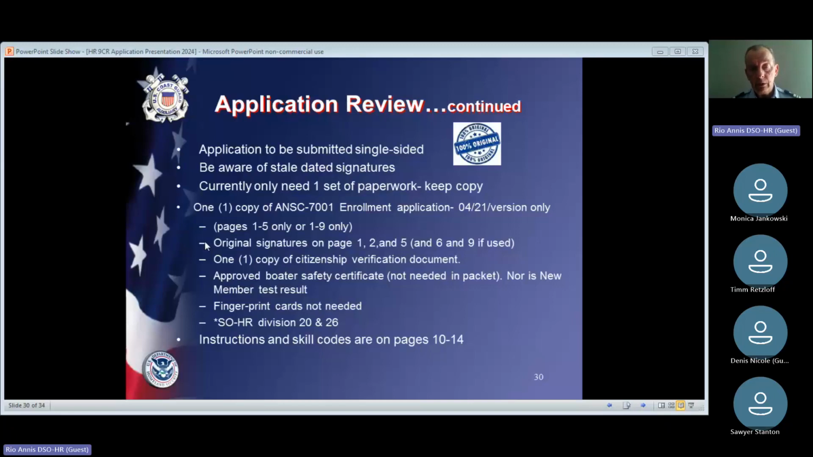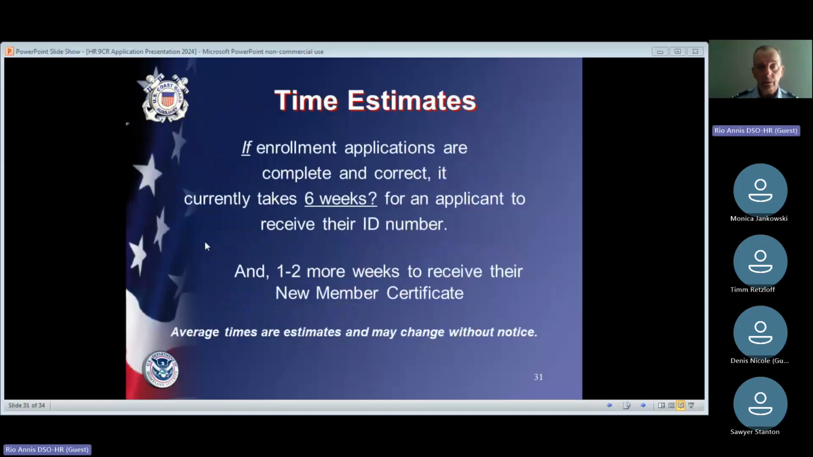The instructions and skill codes are on pages 10 to 14 of the application, if you need to refer to that. If enrollment applications are completed correctly, it currently takes 6 weeks for an applicant to receive their ID number. And we have now gotten to 8 weeks. And if you're not aware,